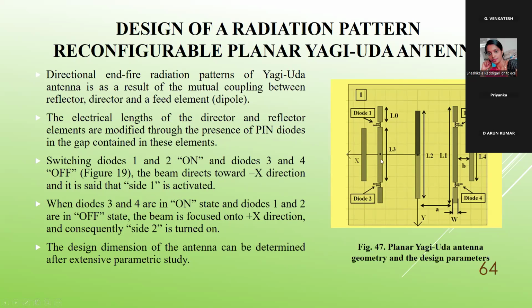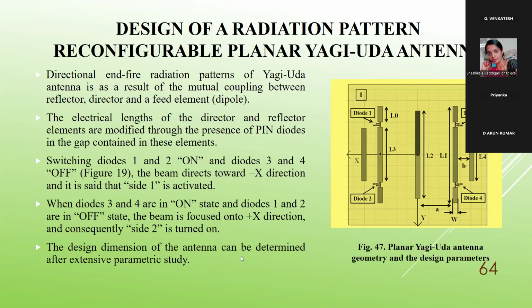So they get one radiation pattern with diodes 1 and 2 on, and the opposite direction when diodes 3 and 4 are on. When diodes 3 and 4 are on and diodes 1 and 2 are off, the beam is focused to the plus X direction. That is, one gives the minus X direction and the other gives the plus X direction. So that is the flipping of